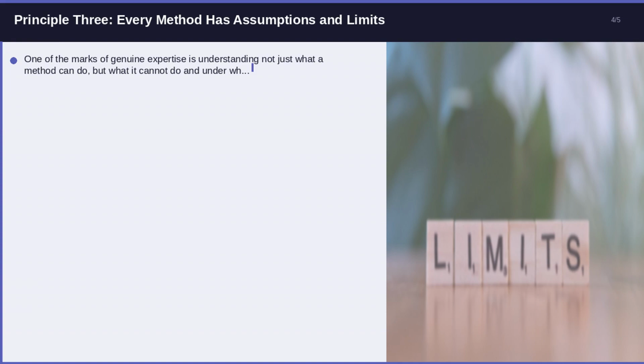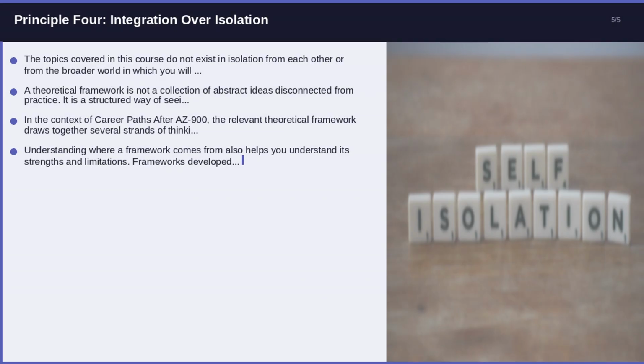Principle 3. Every method has assumptions and limits. One of the marks of genuine expertise is understanding not just what a method can do, but what it cannot do and under what conditions it breaks down. Methods and frameworks are simplifications of reality, not reality itself. They work by holding certain things constant while varying others. When those conditions are not present in your situation, the method becomes unreliable. Knowing this protects